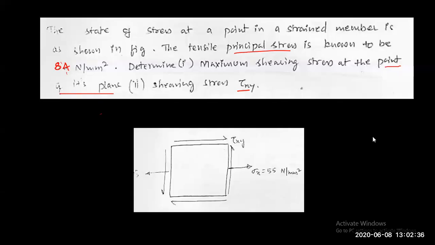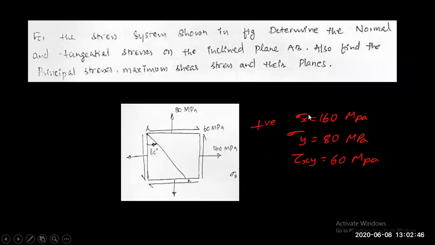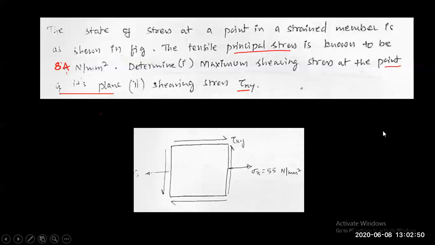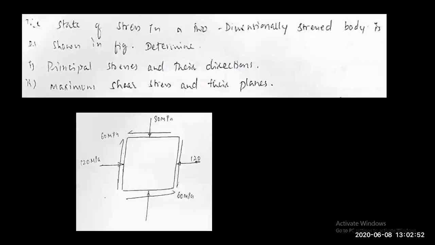Hey, hello students. Today's class we'll continue where we left off in the previous session. So we solved about three numericals in the previous class. As requested in the previous class, we'll solve one numerical which is having all negative values of